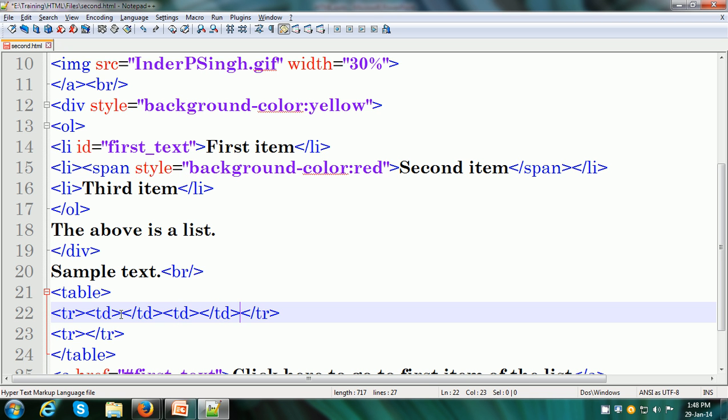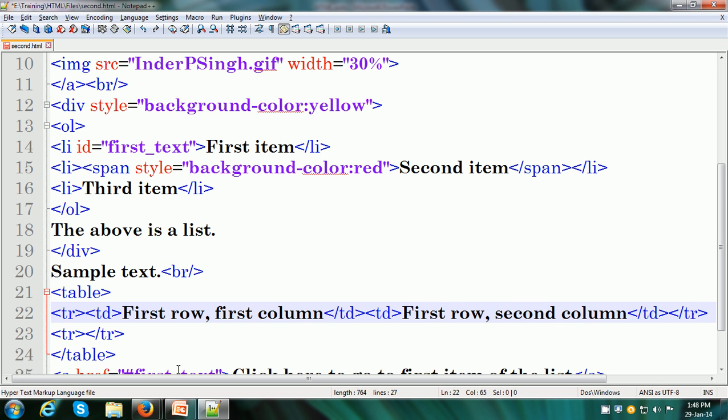So within the first cell I'm going to put first row first column, and within the second cell, between the opening and closing td tag, I'll put first row second column, so we know where it is. And same thing I can do in the second row also, but let us look at this first.